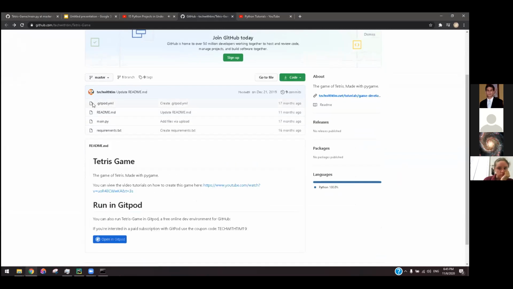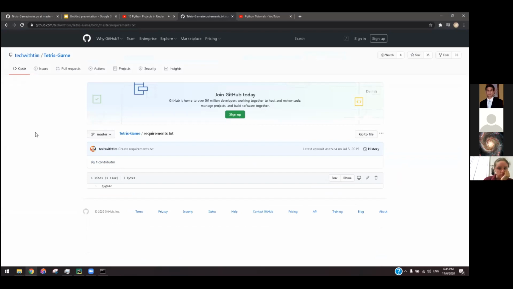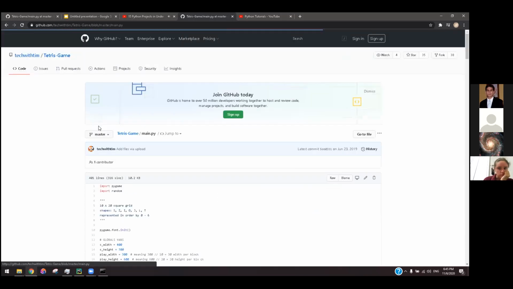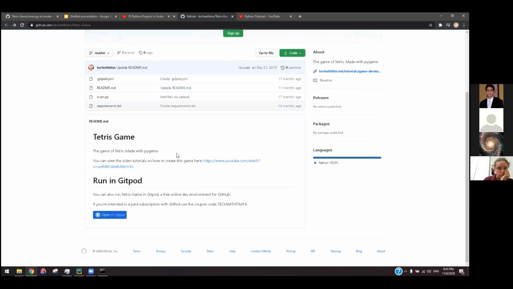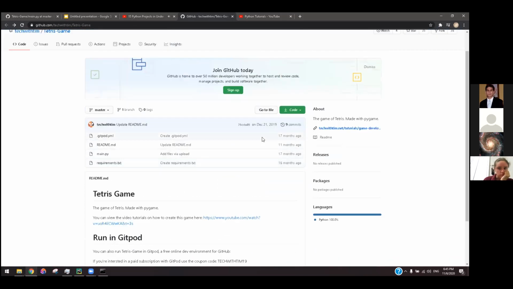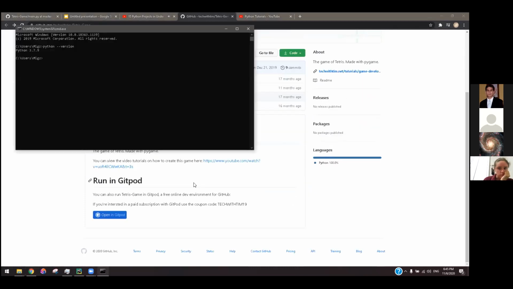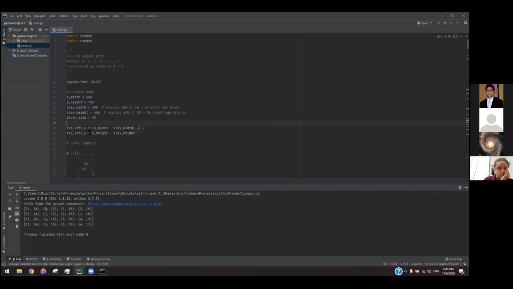So you go there, and you have all these other documents where he's telling you what you need, like you need Pygame, and what to download. Some good developers usually do that, but some people just give you the code and you figure it out. In this case, he's giving us all the resources. So basically, just get the code. In this case, we already did that, and we're going to actually go over the code.